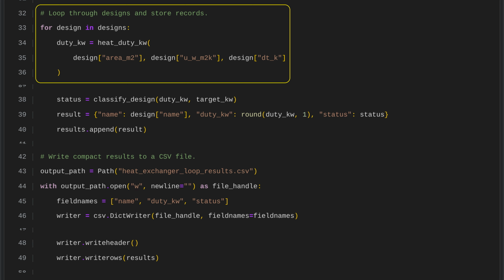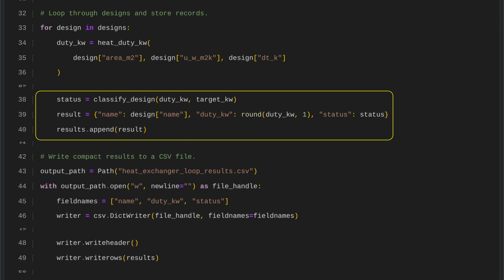For each design, the heat duty is calculated in kilowatts using the heat duty function. This calculation uses the design area, heat transfer coefficient, and temperature difference, then stores the result as the heat duty for that design. The code classifies the current design by checking whether its heat duty meets the target. It then records the design name, rounded heat duty in kilowatts, and status in a result entry, which is saved